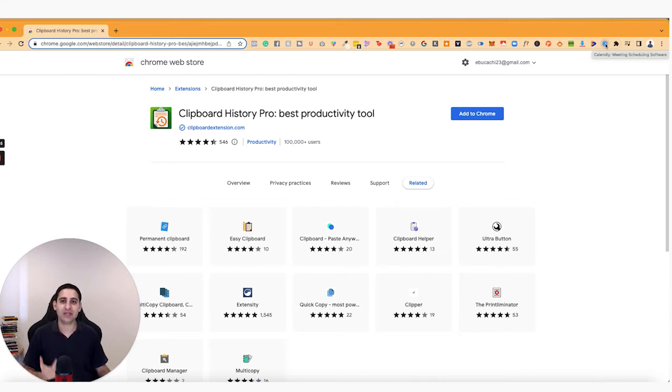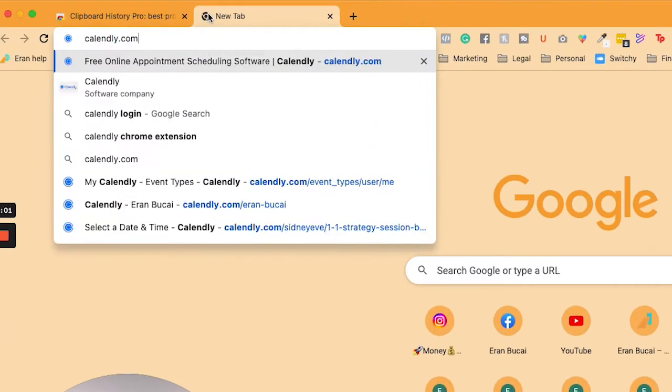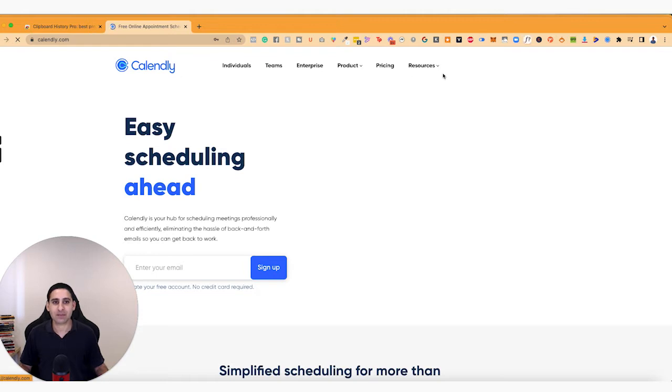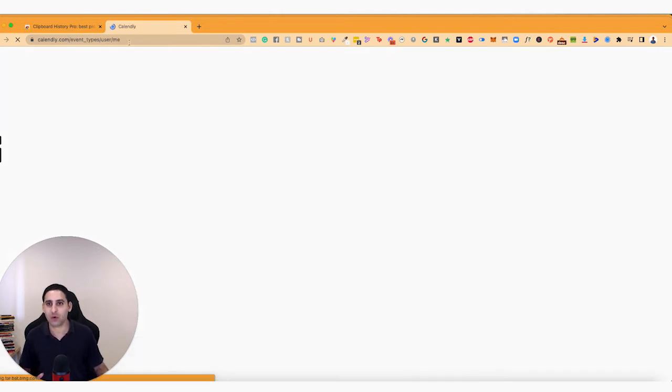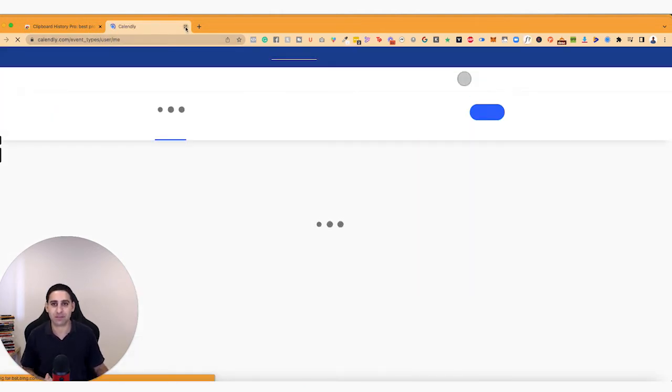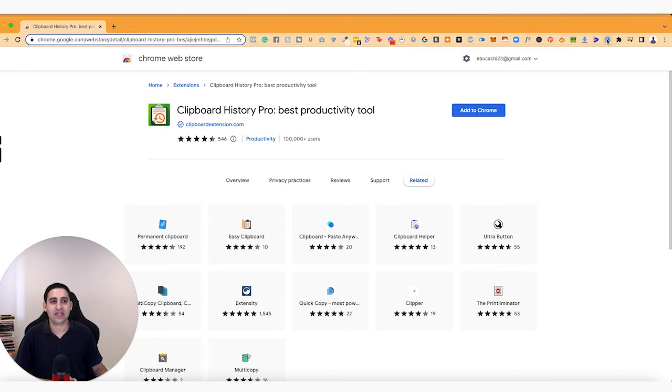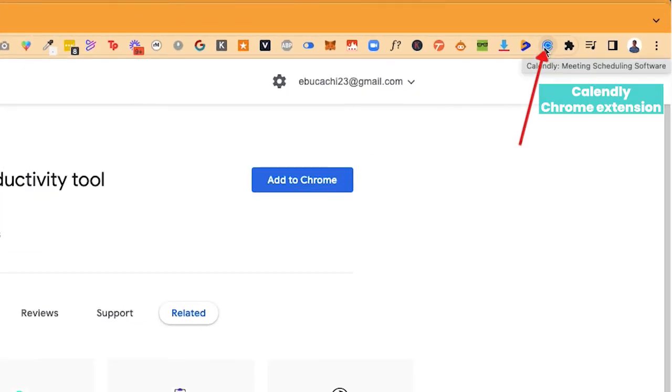Now, instead of me having to go and find this calendar link every time, which means I have to click on the plus button, go to Calendly. Once I'm in here, I need to now log into my account, which you can see here, enter my name and password, all that stuff. That takes time. So instead, what I have is a Chrome extension right here, and all I do is I click on it,